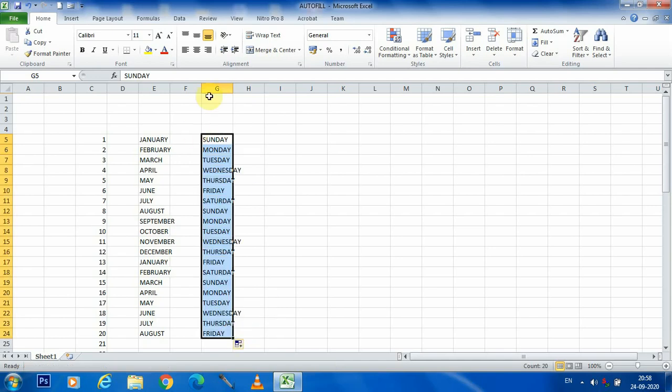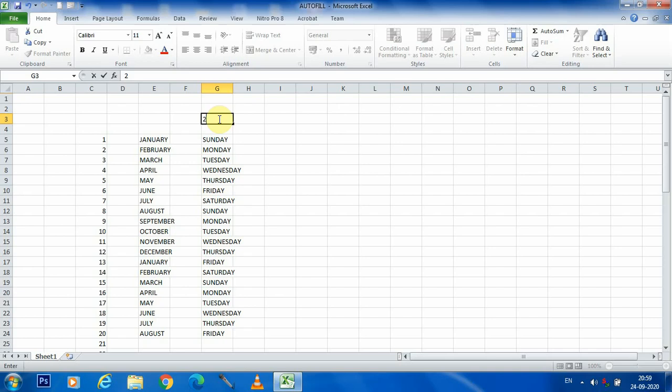Students, we can use this not only in a column. We can do these things in rows also. Just like I am writing a table of 2 here, now in the row I am writing 2 and then 4.